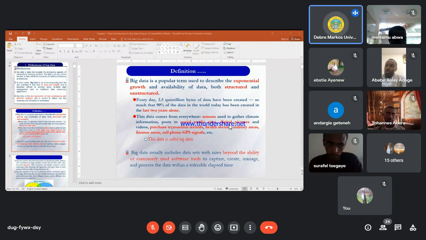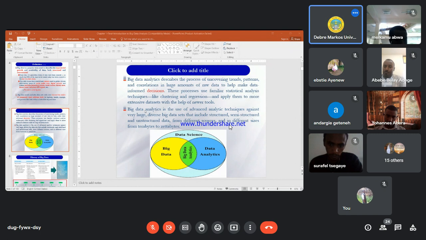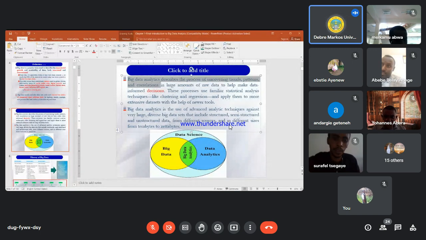That technology is used for capturing, creating, associating, integrating, and processing huge data into a manageable format. That is called big data. Big data analysis describes the information contents and the nature of data.